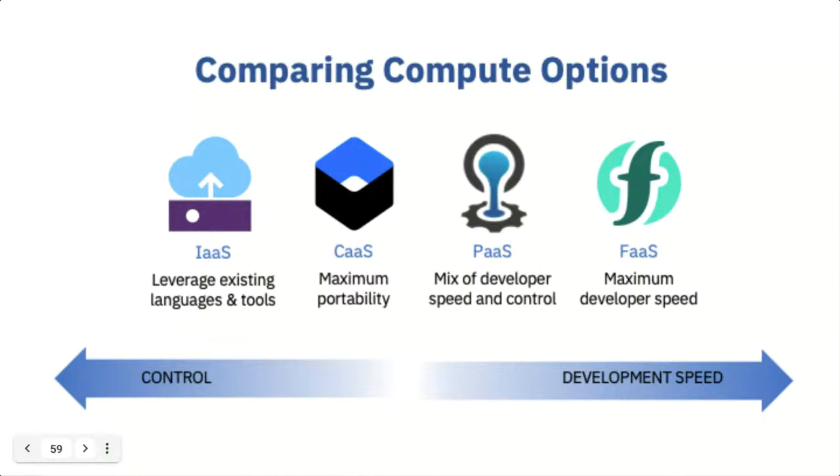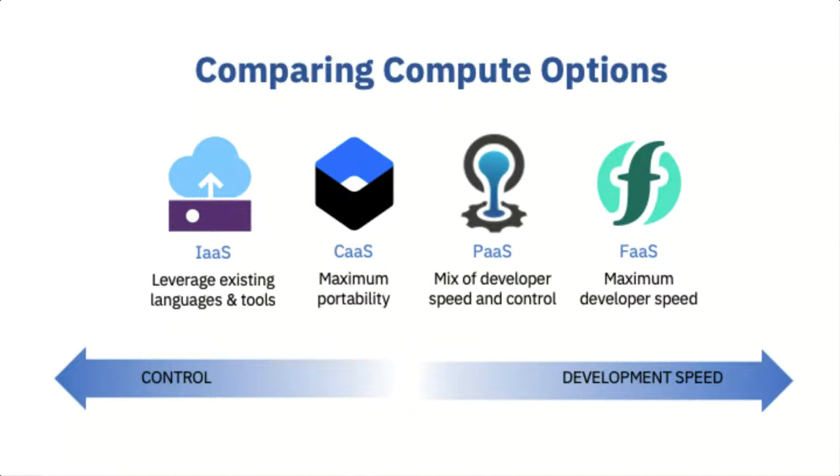Working with virtualization and virtual machines gives you the most control. From an infrastructure standpoint, it allows you to be a lot more hands-on and customize very specific pieces of your infrastructure. Probably not the best solution